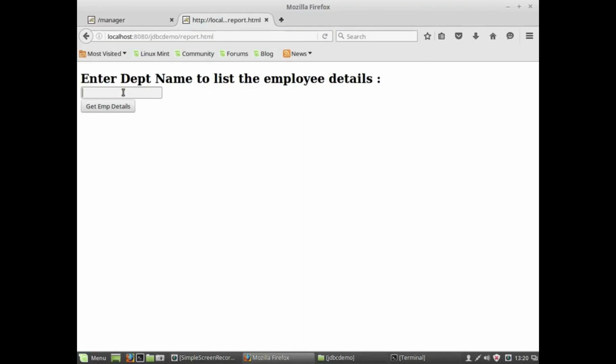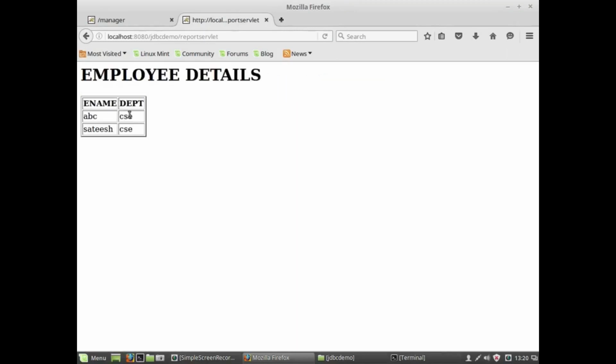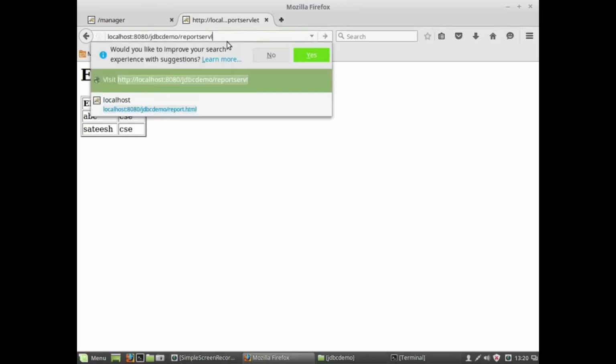Right, so I'll enter some department name. In case if I enter the department name as CSE, then select star from EMP where department name equals to CSE. I should get the details. Okay, let's execute CSE first and see the details. You see here. Okay, these 2 details have been successfully showed on the web page.